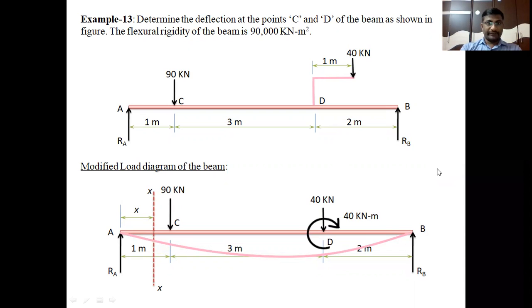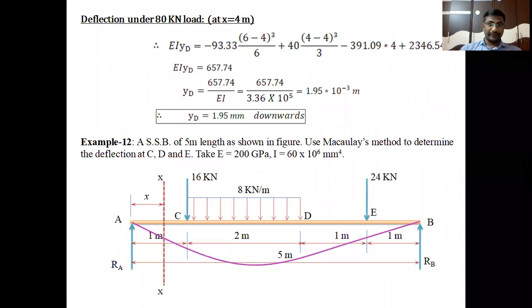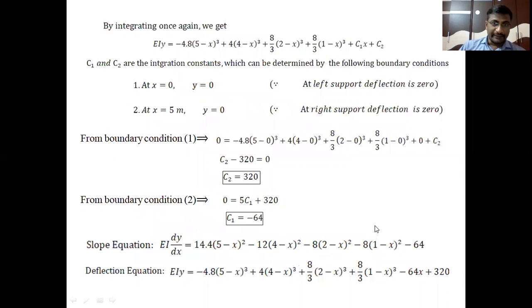In the previous class, we discussed example 12, that is a simply supported beam with UDL. This is the problem which was discussed in the previous class: UDL on a simply supported beam with 2 point loads, and we found the deflection at different points, that is C, D, E. And in this class,